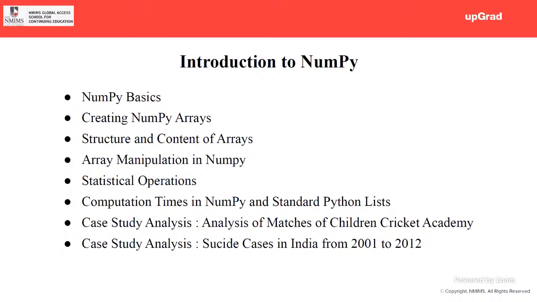Then NumPy has a major data structure called the array. In NumPy, it is called the ndarray. We'll be seeing how to create those NumPy arrays, how to access them, how to see their content, how to slice and index them, how to sort and filter them, and how to perform statistical operations on them, like minimum, maximum, standard deviation, median, mode. I hope you know what all these statistical operations are. You must have studied them in high school.